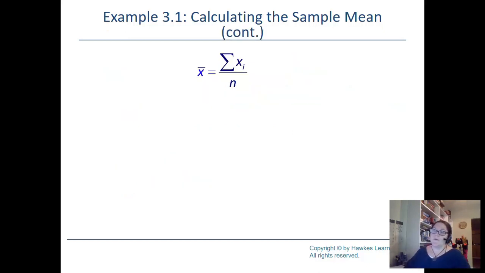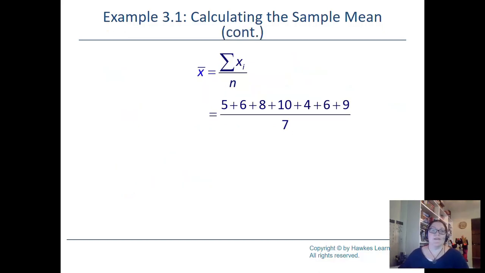So we've got our base formula. I'm going to take all of those individual hours that the students' responses were. So 5 plus 6 plus 8 plus 10 plus 4 plus 6 plus 9 and divide by 7 because there's 7 items. And 48 divided by 7, which is going to give me approximately